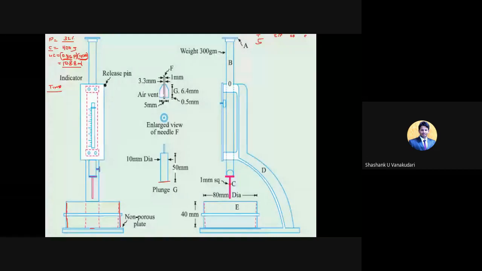Clear? Here you need to note down the time. This is time. So first 5 minutes. 5 minutes from when you are going to measure the time. Soon after adding water to this cement, this time will start. As per the rules, the mixing time is within the 5 minutes, right? So for the first 5 minutes, what will be the reading? That one you have to note down.